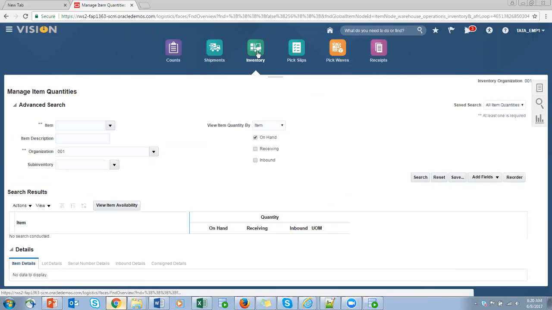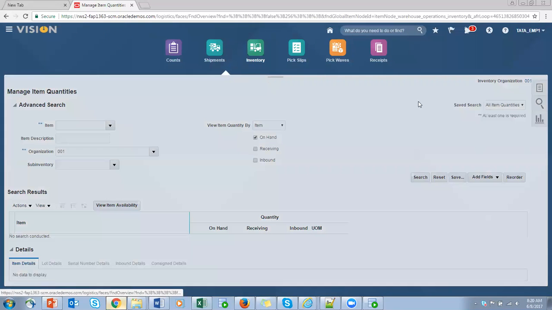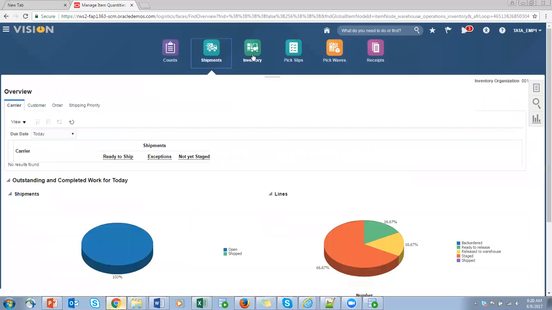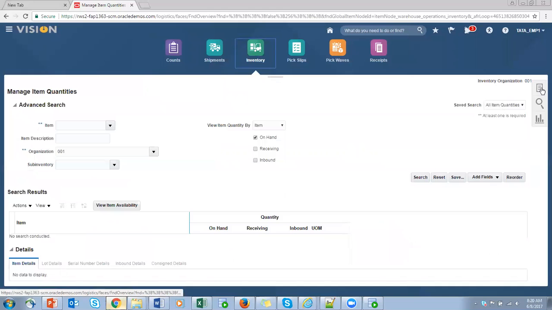One second. Generally here we can see one option to change the organization, but it's not appearing. Change organization. Anyway,